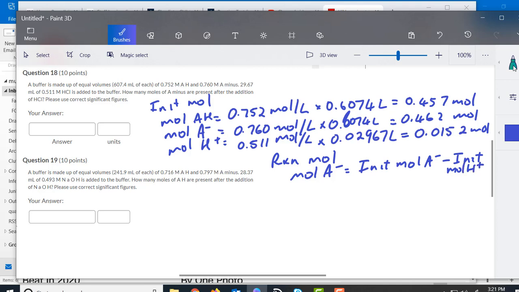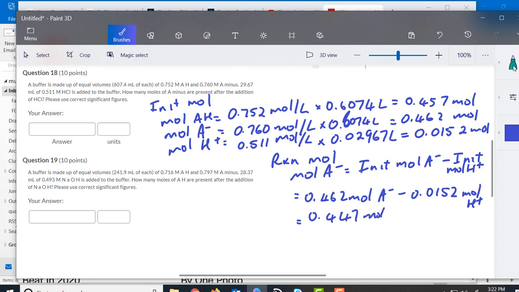And that means it's going to be, for this one, 0.462 moles of A- minus 0.0152 moles of H+. And that's going to be 0.447